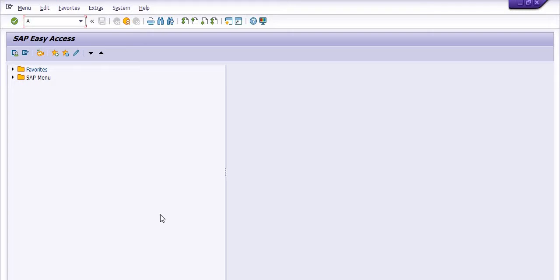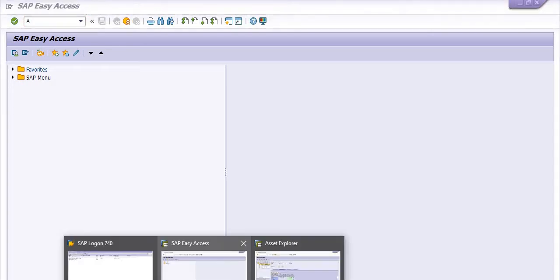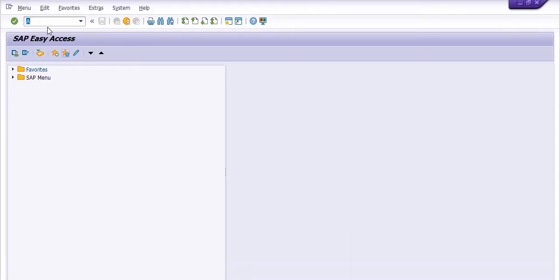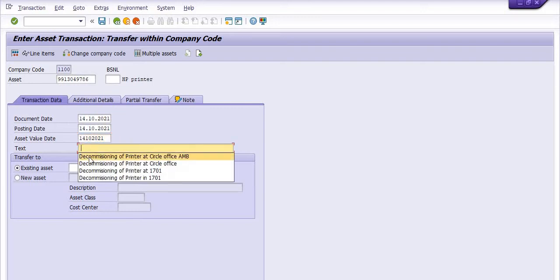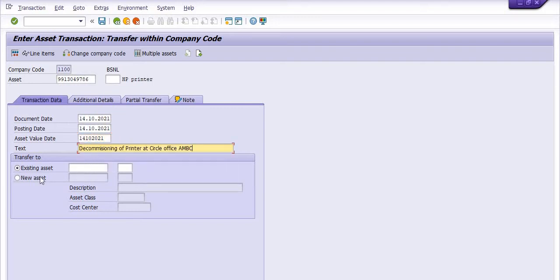This is ABUMN. Repeat the process again, ABUMN, and here you need to fill all the dates as the current date. Decommissioning of the printer at Circle Office AMBC.